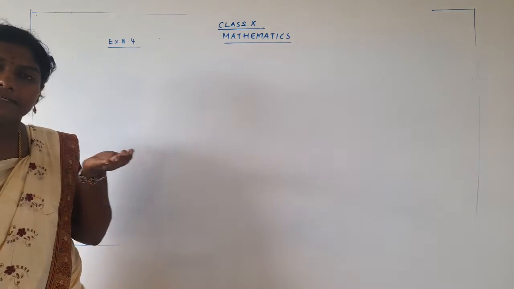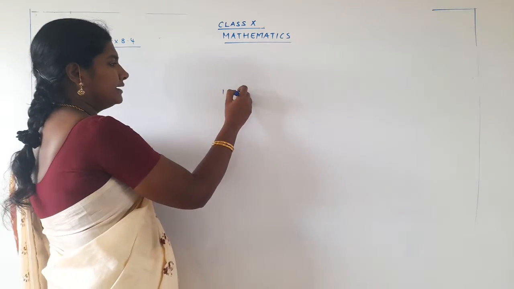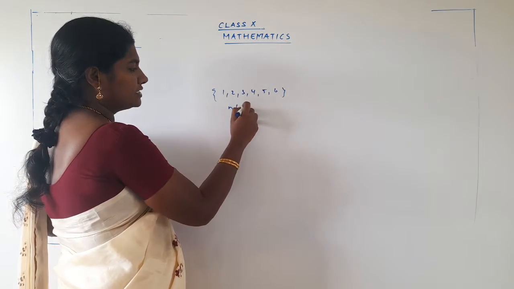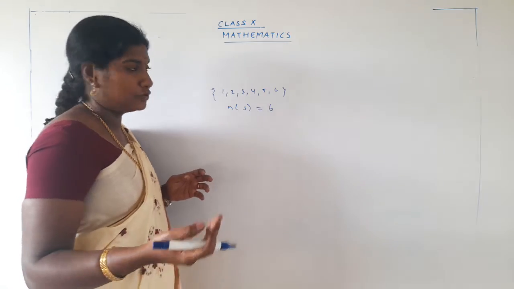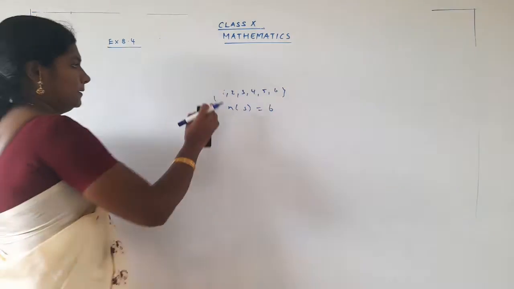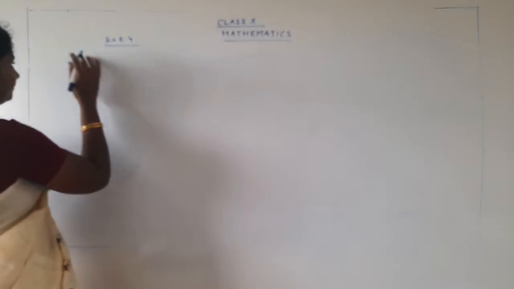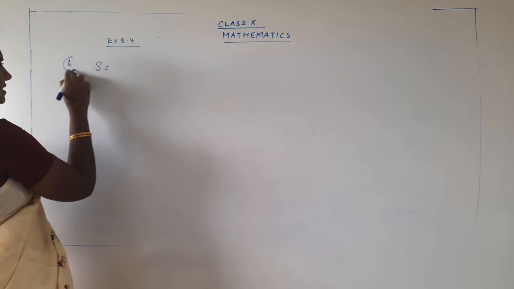So if a single dice is rolled, you know the answers for it. It is 1, 2, 3, 4, 5, 6. So you get n of S is equal to 6. But here we are going to roll 2 dice at a time. So what will be the outcomes for it? Already we have done this in our class. So just write down here. So S is equal to